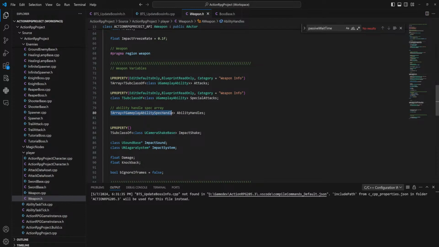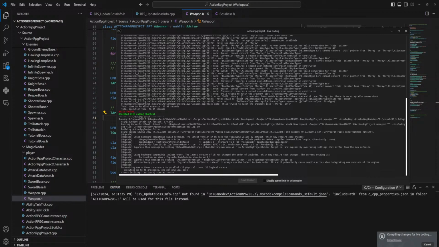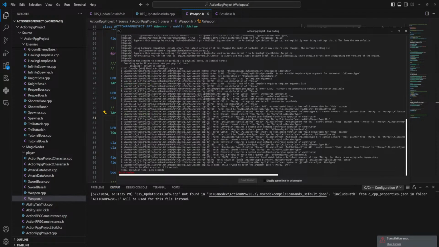TRA F gameplay ability spec handle. Yeah, it doesn't seem like it can load that. Now it can. Is it fixed? No. No, it's not. Not a valid type for...